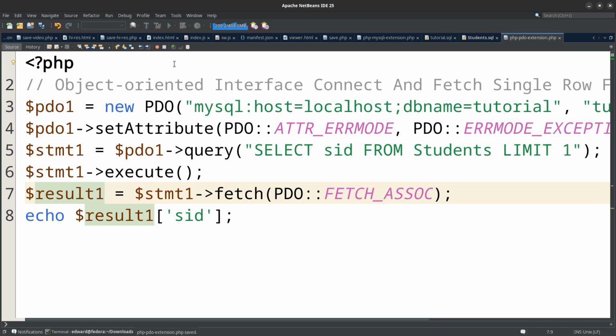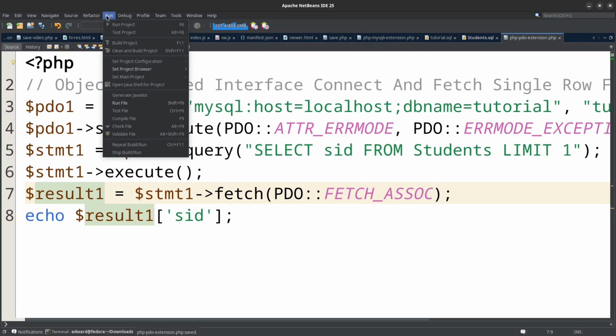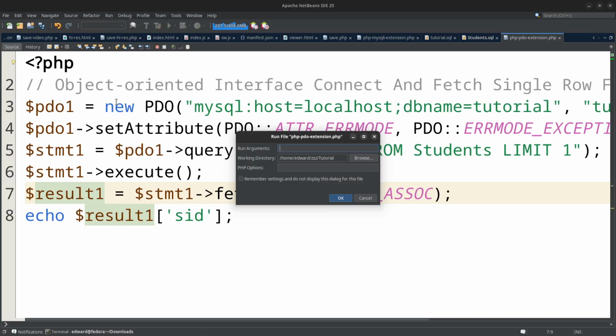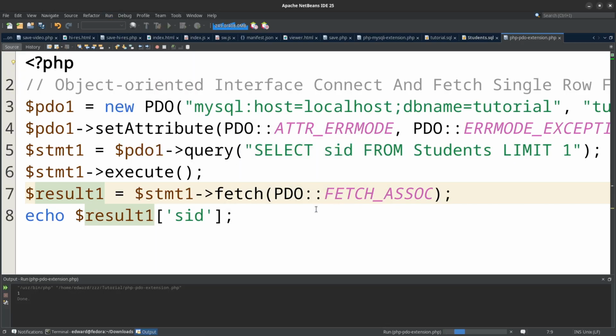Okay, so if I run this, here in NetBeans, I just go to run and click run file, and that's okay. You see the number is 1 down here. So there's no problem here. Now,